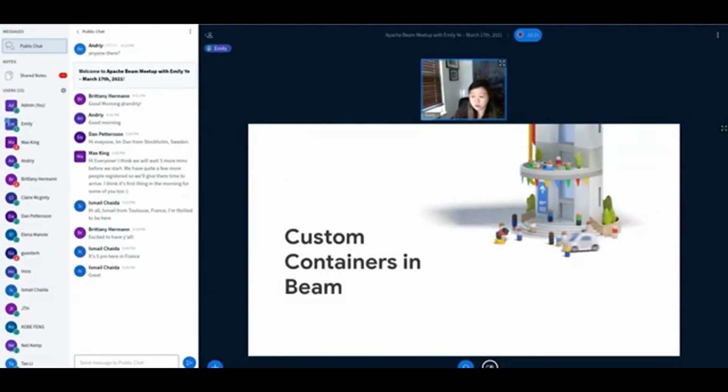So I'm not really sure what everyone's familiarity is with Beam. Today we're going to be talking about a new-ish feature called custom containers, where it's basically more about the pipeline execution rather than how to build a pipeline in Beam. This is a new feature for providing your own SDK harness container image in a portable pipeline. Maybe that's just words to you that mean nothing, but hopefully I'll explain what that means,